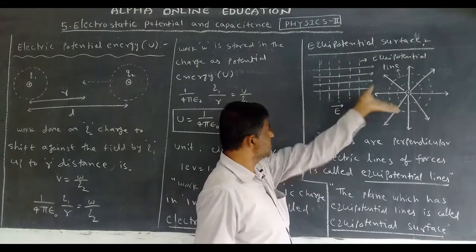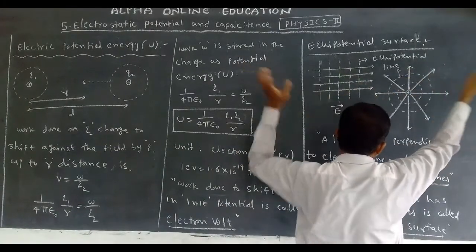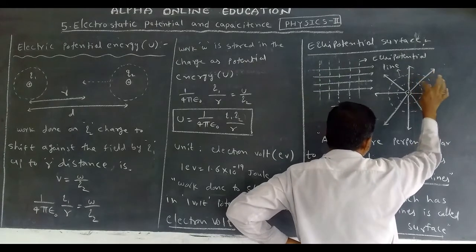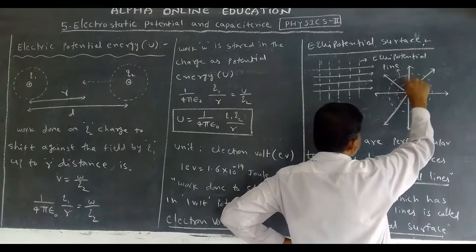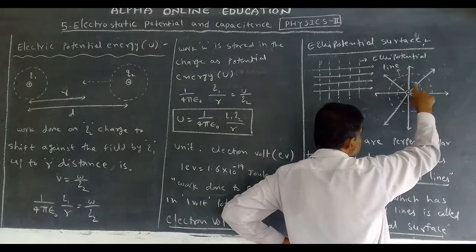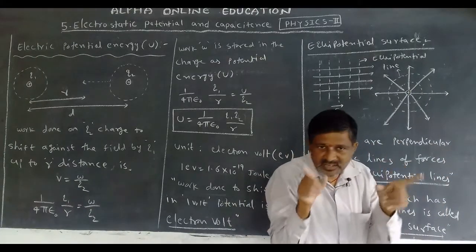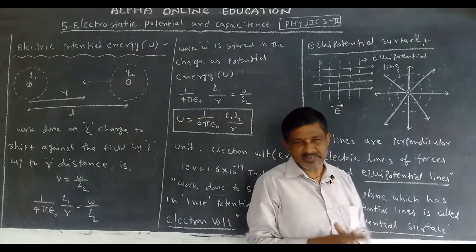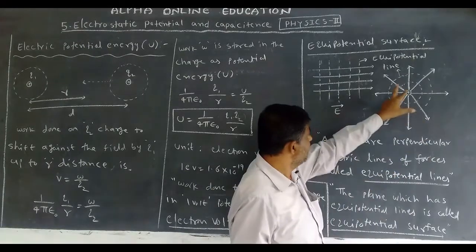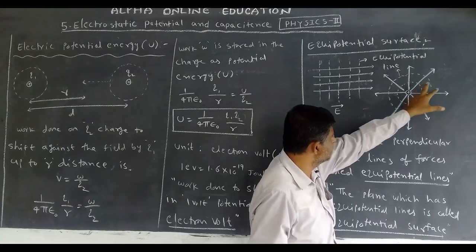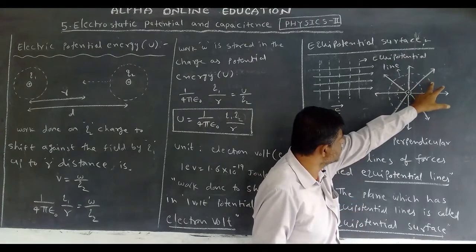Well, here electric lines of forces are parallel. But here electric lines are away from the charge. That's why at this point, at this point, at this point, what happened? Potential is the same. That's why again it is an equipotential line. It looks like which shape? Circular shape, but not circular. Spherical shape is present, but it is not possible to draw the sphere on the board. That's why it is also an equipotential line. Now at this point potential is not the same. This is also another equipotential line.